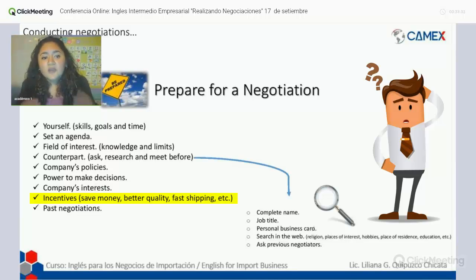And finally, to prepare for a negotiation, it is to talk about past negotiations. In this case, if you know another company that had negotiated before with the company that you're going to talk to, ask them. And not just another company. Maybe in your own company they have talked to your supplier or your client previously, maybe not you, but your boss or your partner. You can ask them questions, ask how they are, hard or soft, so you can get an idea of how it's going to be. Okay,